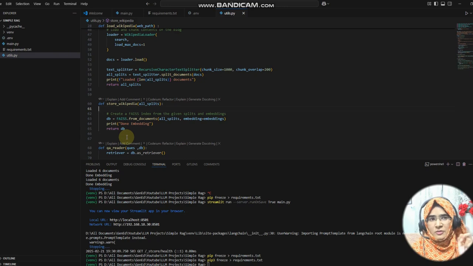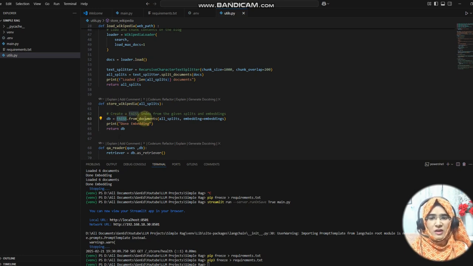Dense search vector database, we also say it is semantic search. So we can use these two types. In keyword search, you can use Pinecone, and one more, it is Anthropic, or I don't remember that. And the second one is, you can use FAISS or ChromaDB for the dense vector search. So it's totally up to you which one you want to use. I'm using FAISS here.